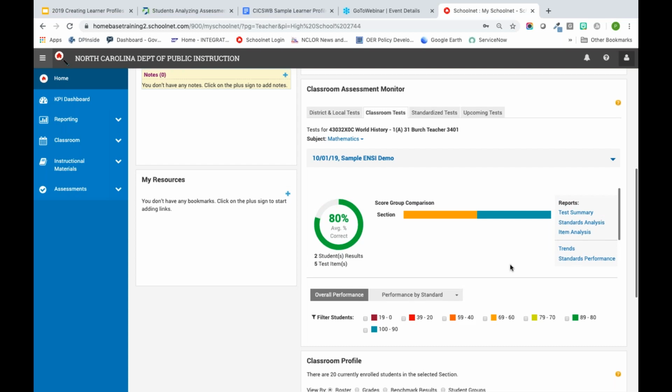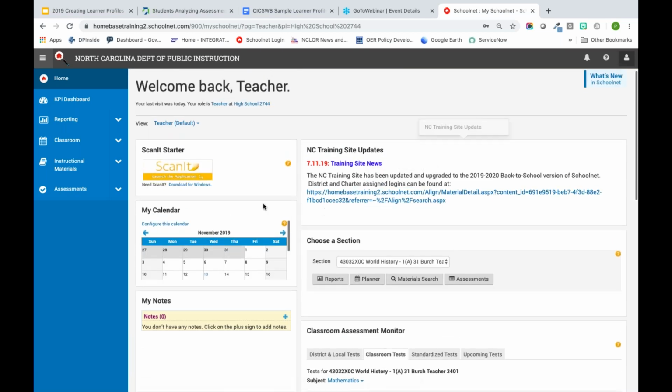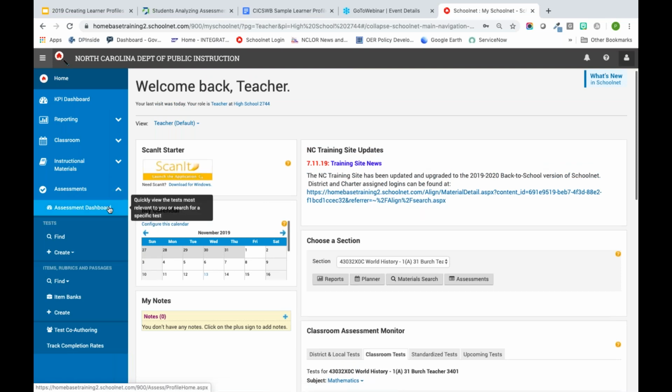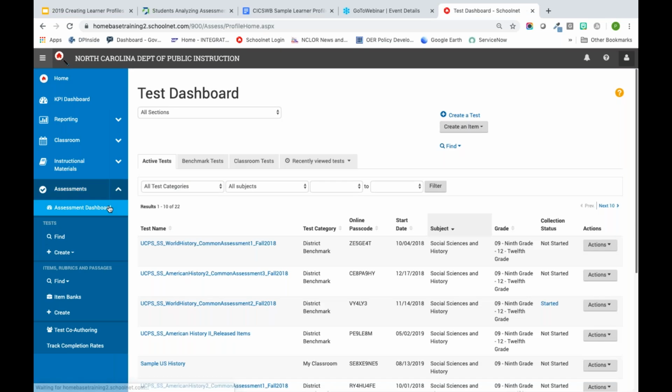So, if you want it as a quiz or homework or whatever categories you have in your gradebook. But if you forget to do that, you can always go into your test, going over to the assessment dashboard, right? The assessment dashboard is where all of your tests live, right? And so I can go in to that test,